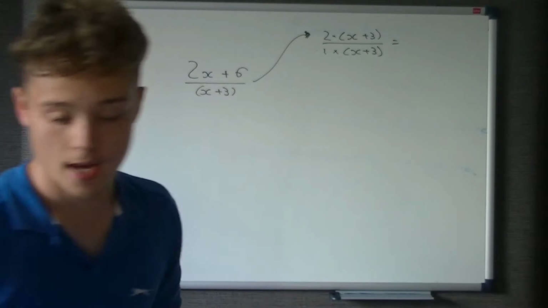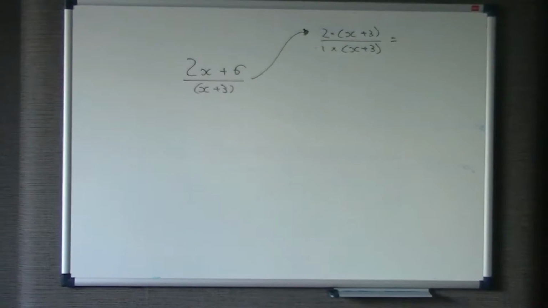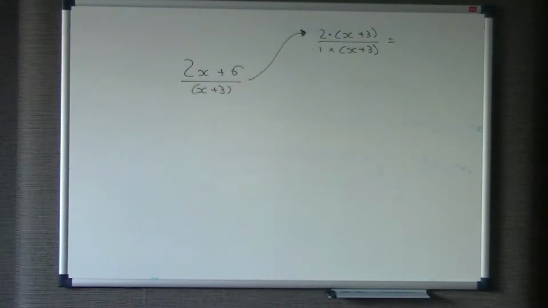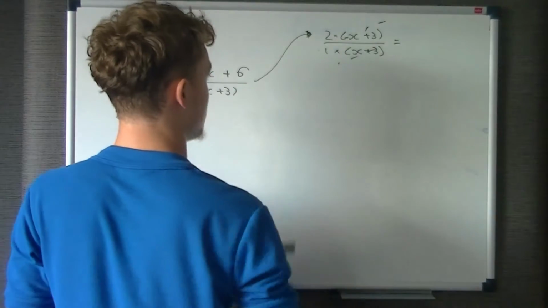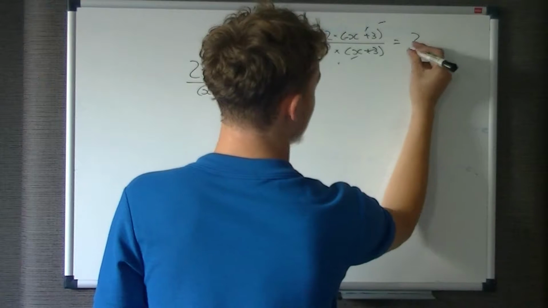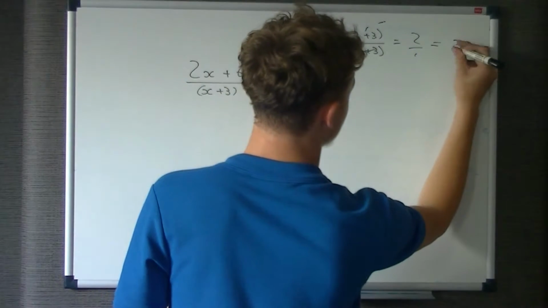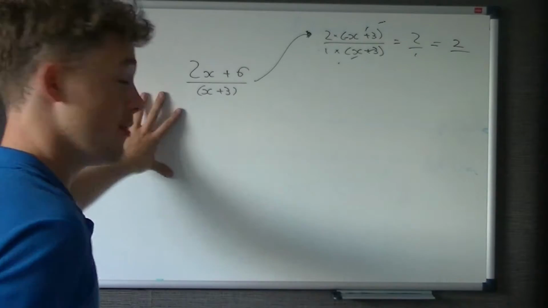So what we can do, just make sure you can see it on the screen. I've gone off the screen there. Yep, that's perfect. So what we can essentially do here is go bye-bye x plus 3. We don't need you anymore. We've crossed you out. You're gone. You're nothing. And then what we're left with is 2 over 1, and anyone who's anyone should know 2 over 1 is 2. And then that gives you your answer of 2,